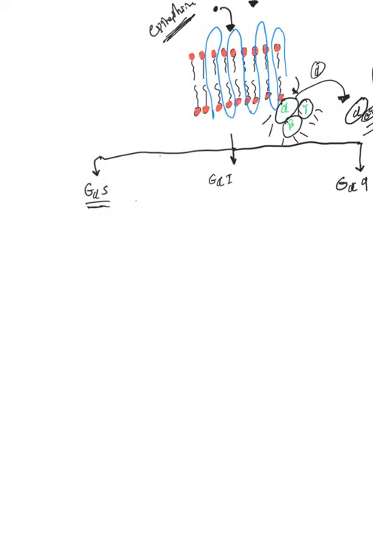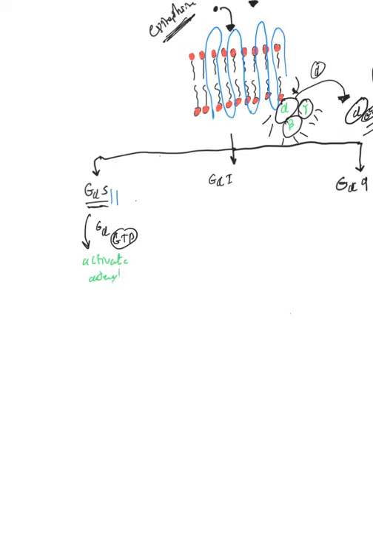So for the G alpha S pathway, the G alpha S, right now bound to GTP, is the activated form of it. So it goes and activates